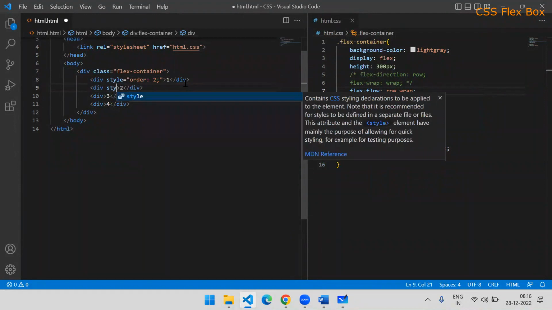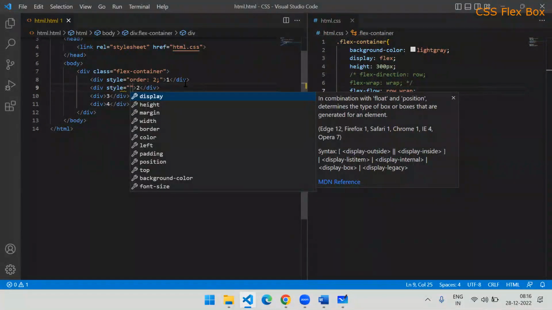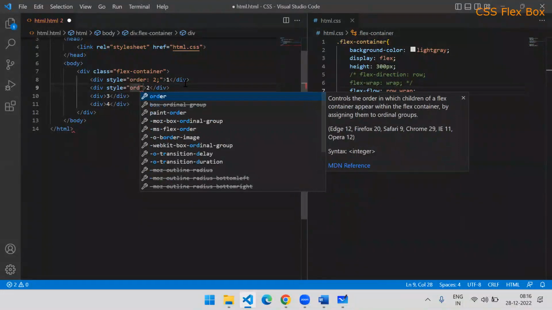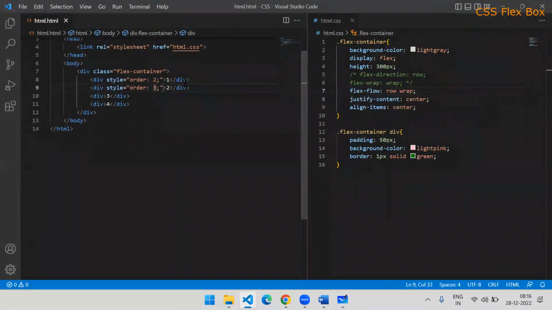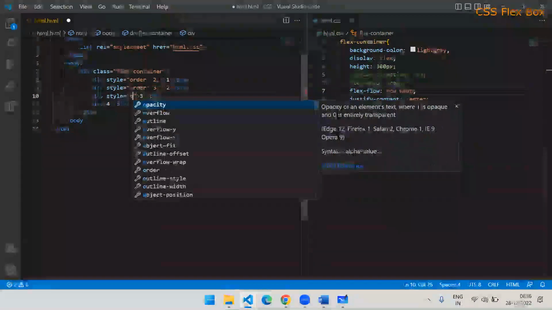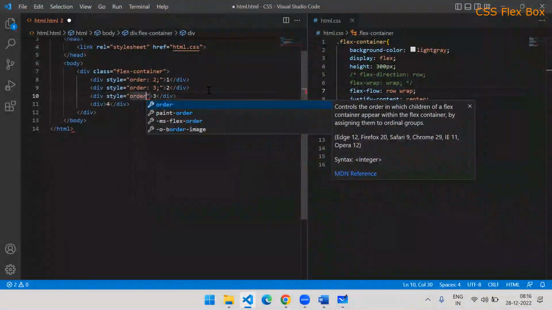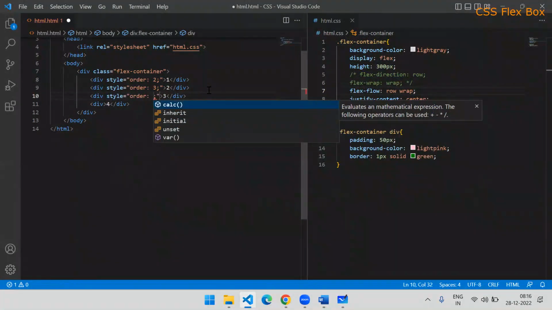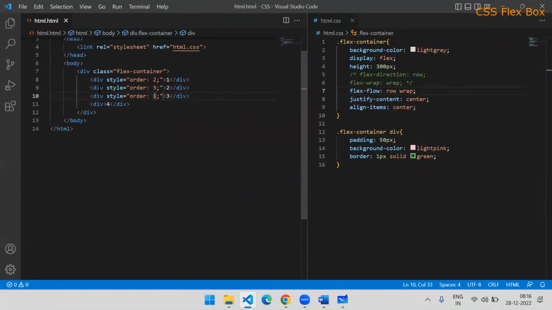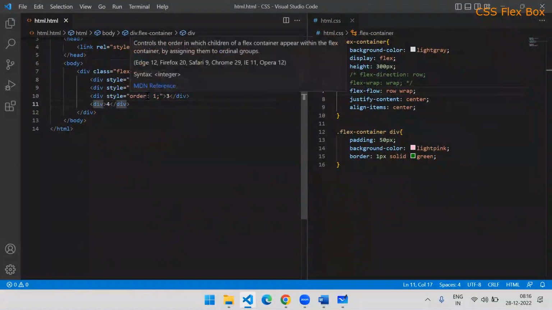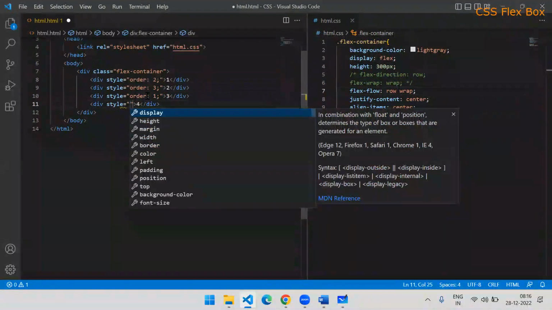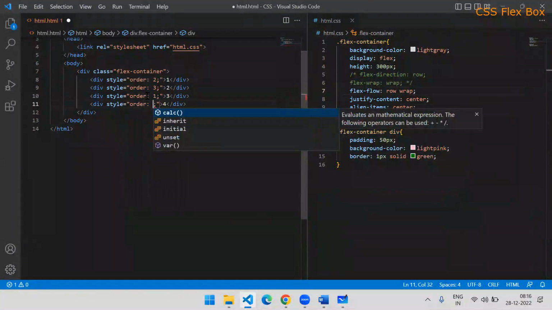This is how it works, and it will change the display order of elements. So here I will say again order is equal to 3. Again I will add style to the next element, and I will say order 1. Again for the last one I will say order is